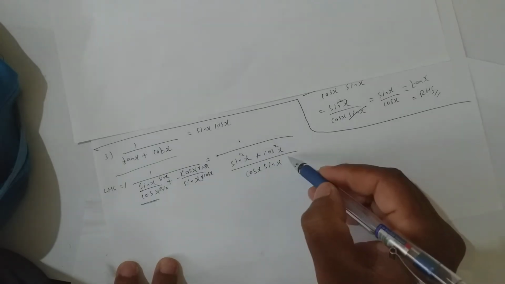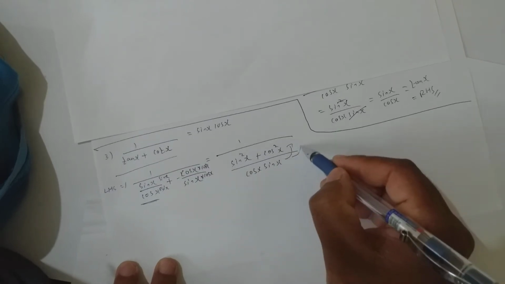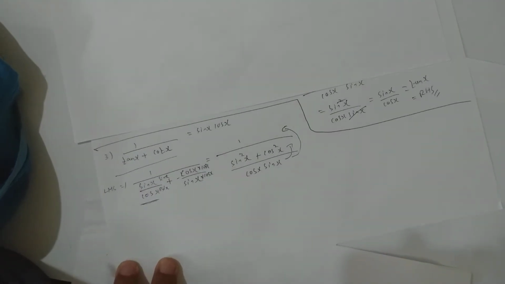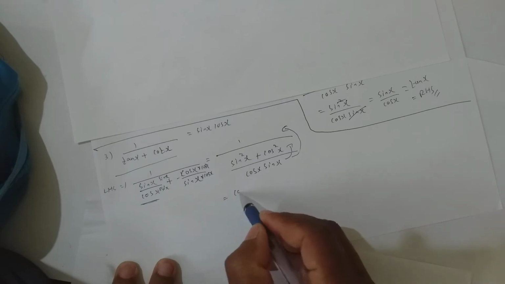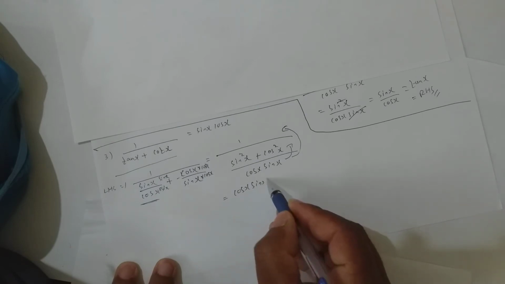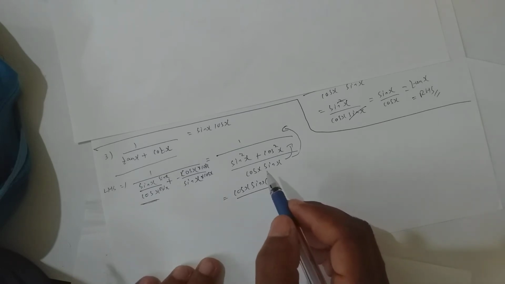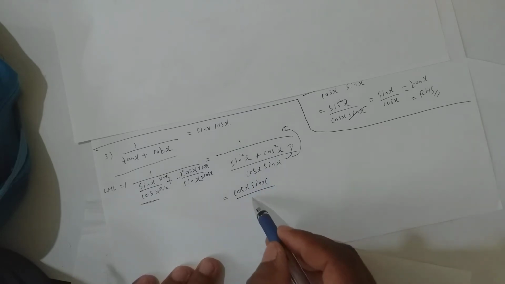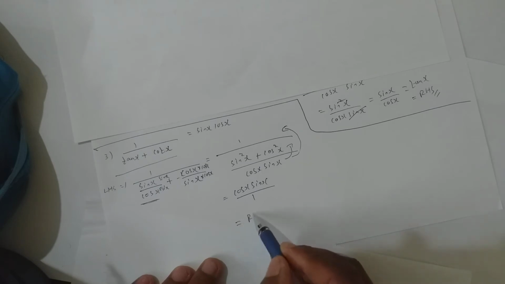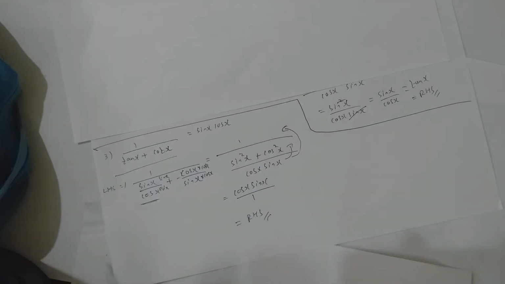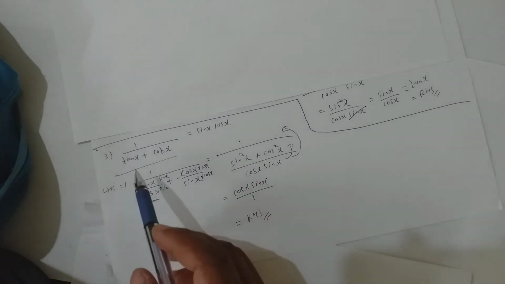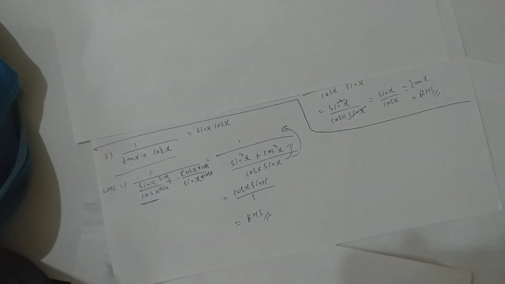Now this cos x into sin x cannot go here, so it goes up. Am I clear? So it goes up, it becomes cos x into sin x, and the denominator becomes what? Can you guess? Yes, you are correct. It is only 1. Sin square x plus cos square x is 1, which is our RHS. So we proved it. If we change tan, cot, cosecant or secant, then LCM and all that, proving the identities is easier.